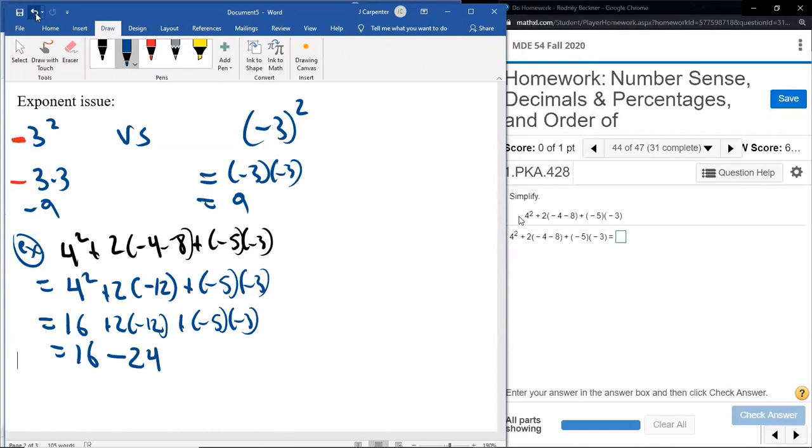Now, because of the separation, you can actually do this product right now, but I'm just going to be very meticulous with my step orders. So that's 16 minus 24. -5 times -3 is positive 15, so that'll be plus 15. See, if you did them all in one step, if you said right here, -5 times -3 is positive 15, then instead of writing that, you could just go ahead and write 15, and it's one less step of work. If you feel confident, you can take that.